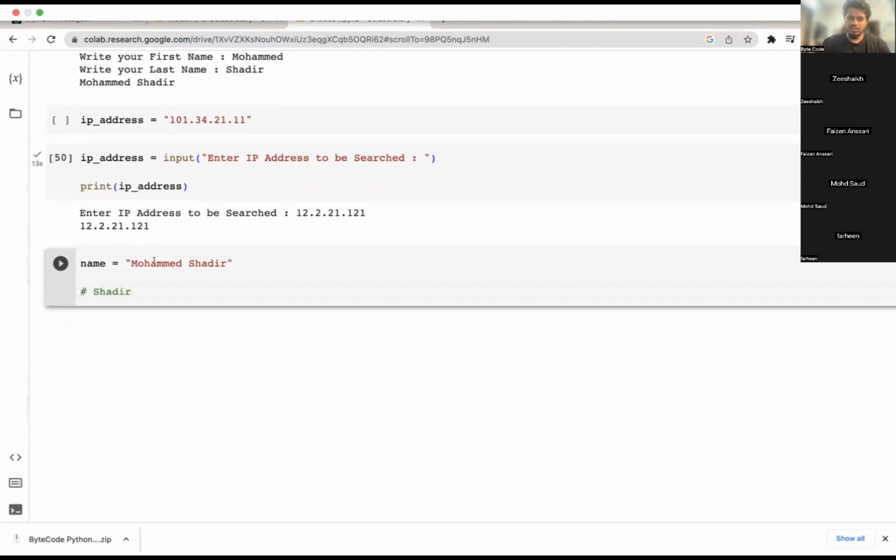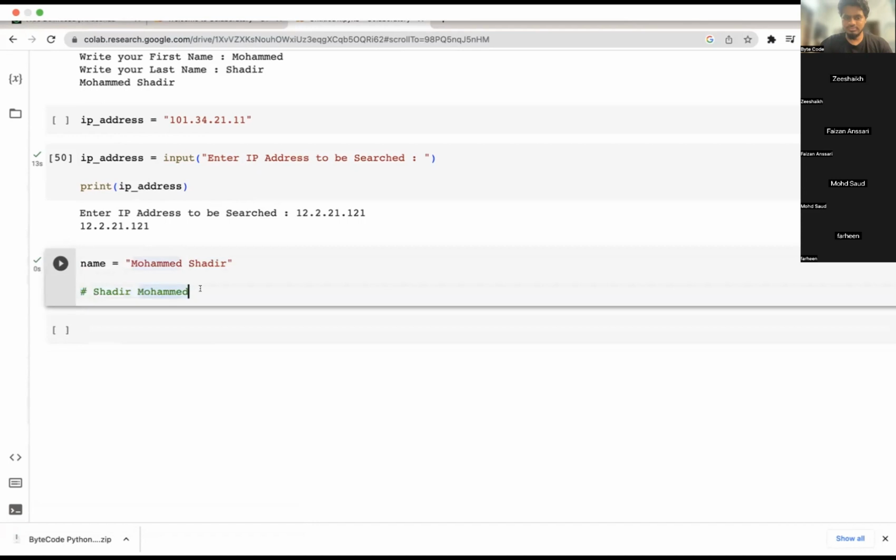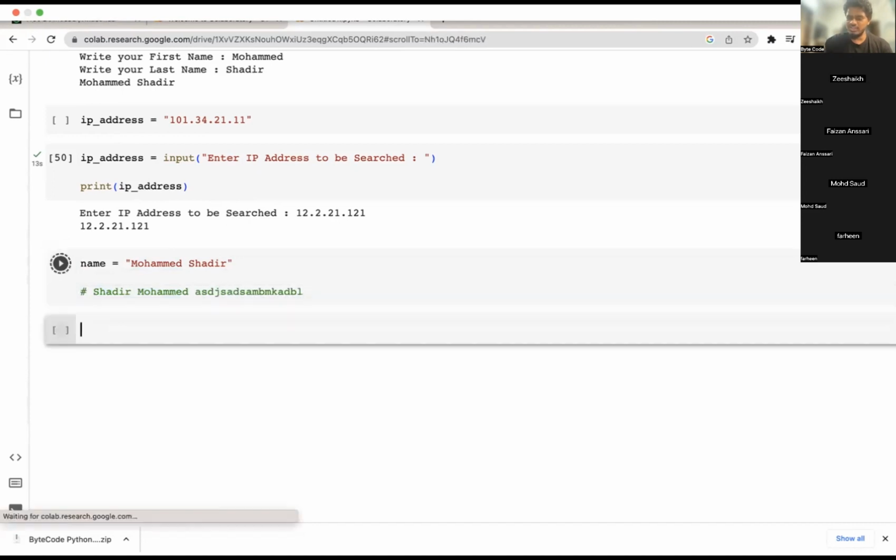Whenever you write something followed by a hashtag, that line won't get executed. Even if you write any random gibberish words, Python will consider this as a comment.